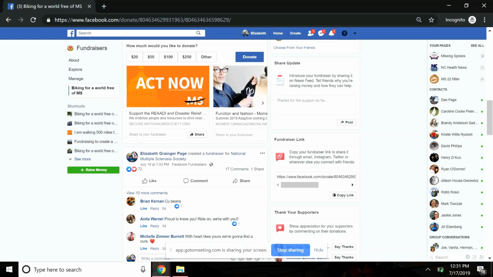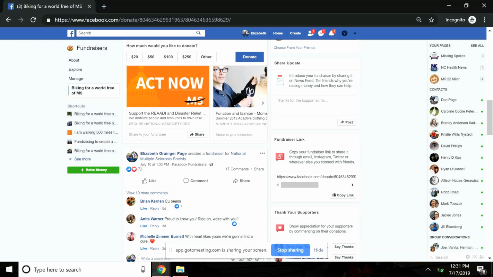And one other thing to know is that Facebook does not collect snail mail addresses. So if you want to send somebody a thank you by U.S. mail, you'll have to ask them for their address in a private message, or in all likelihood, since they're your friends, you may already have their address. But if it's somebody you don't know, then I just encourage you to gush on them through Facebook so that they know how much you appreciate their donation.